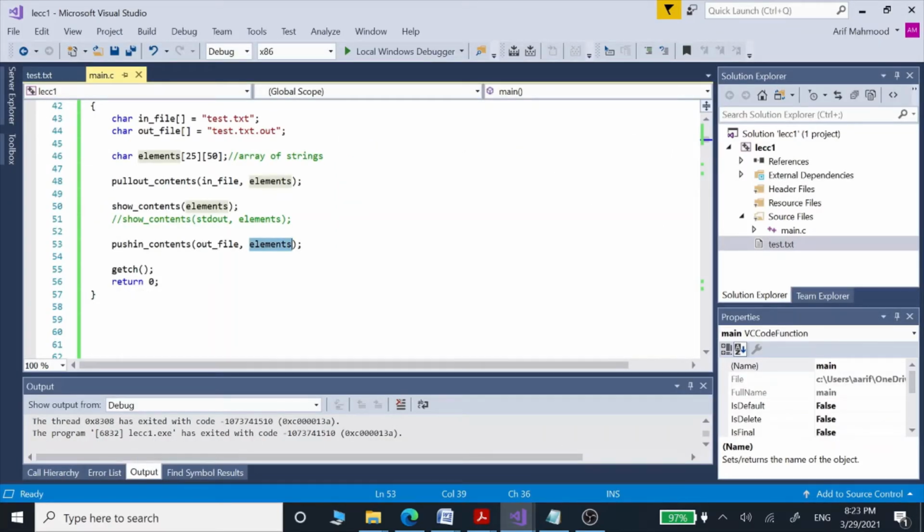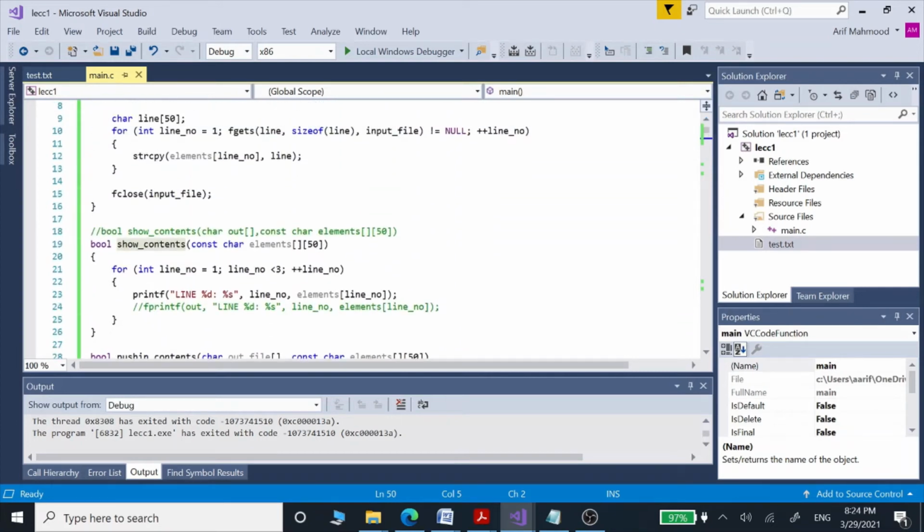So now, since we know the behavior, this is a very simple program. Now we are going to use polymorphism on this function, and we are going to see how we can do that. We are going to modify this simple program so that we can use the concept of polymorphism on it. For that, we are going to change some code lines. We are going to define this show contents function first of all like this. Previously it had only one parameter, the string array, which is named elements. Now it has one string array, the same way, and then it is going to have a second parameter, which is the first parameter of this function, and this is the out parameter.